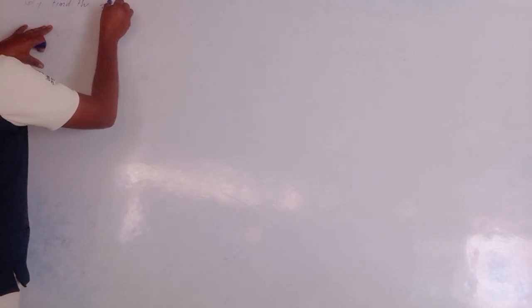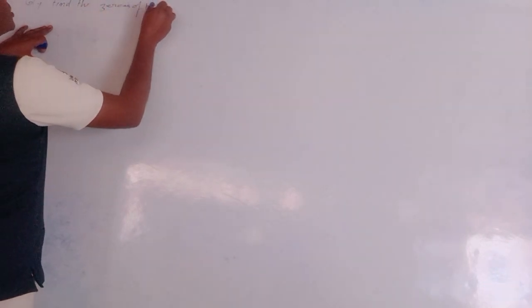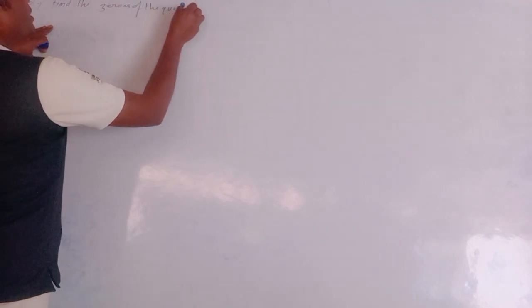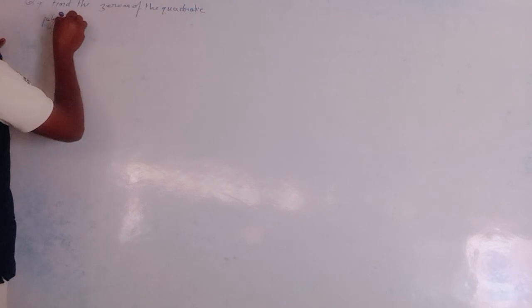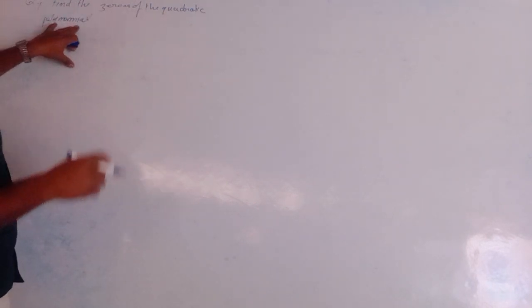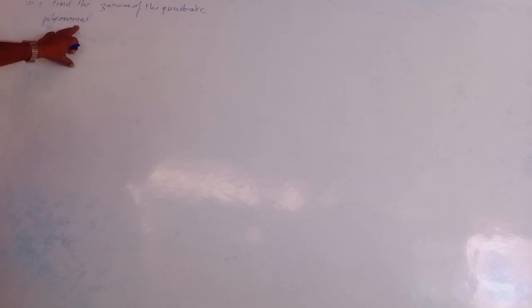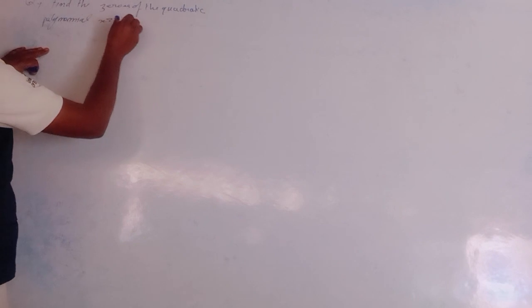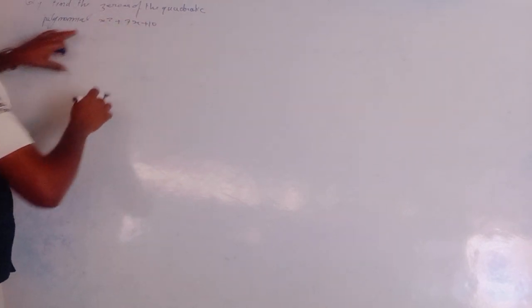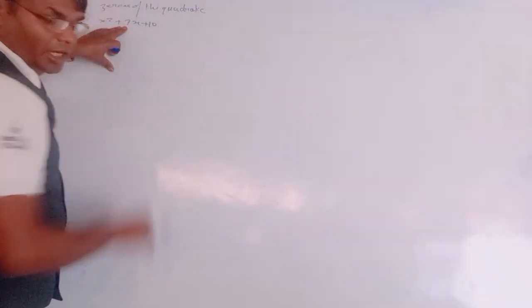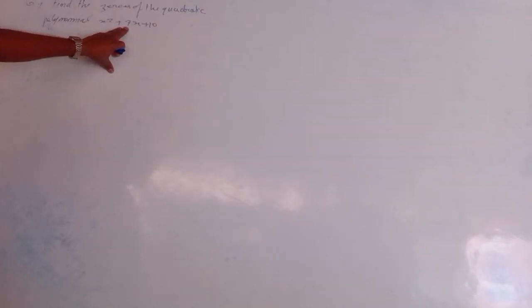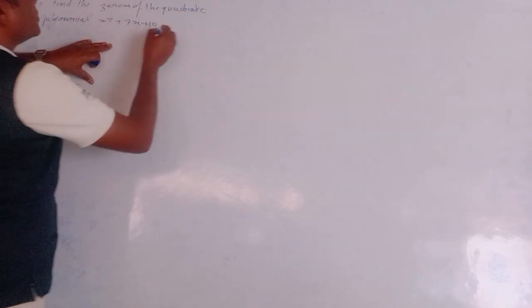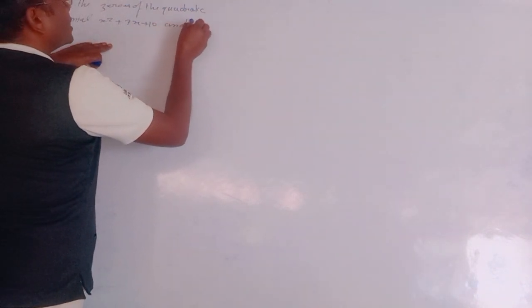Find the zeros of the quadratic polynomial x square plus 7x plus 10. So the quadratic polynomial given here is x square plus 7x plus 10,